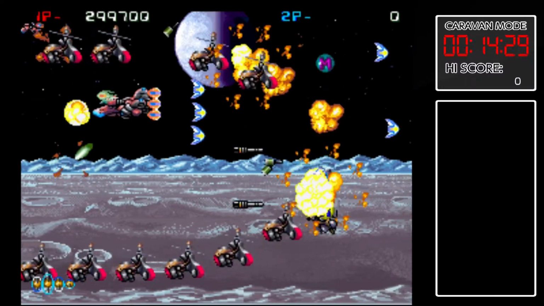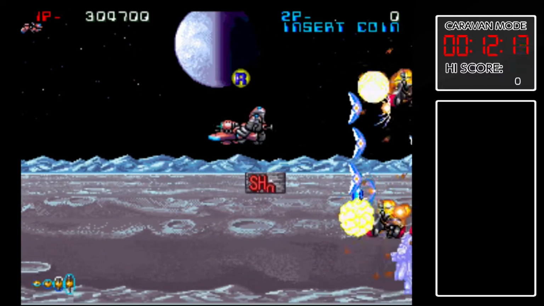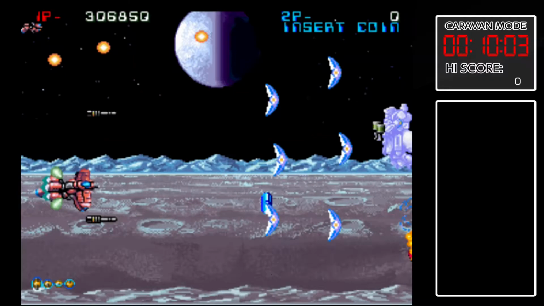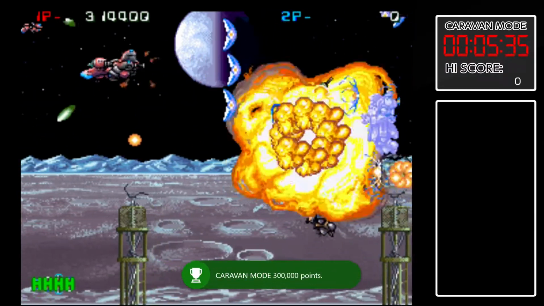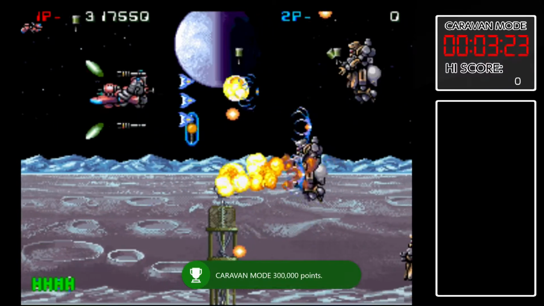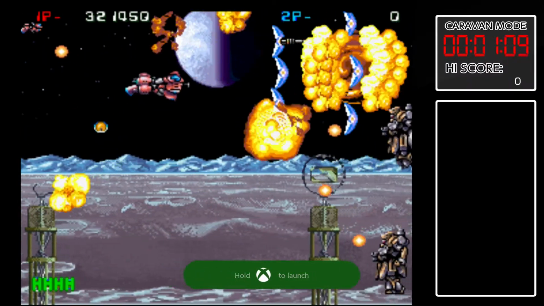Okay, I've died. That's not helpful. We're coming back to life, and there we go. Getting over the line. Okay, I can do that without dying, but I've died twice, and I've still managed to do it. So there you go, guys. That is how to do a 300,000 run